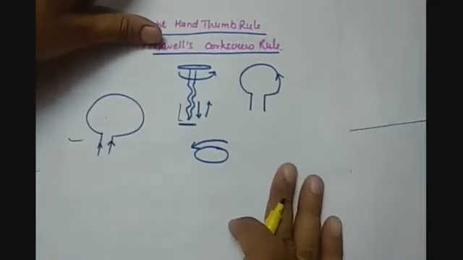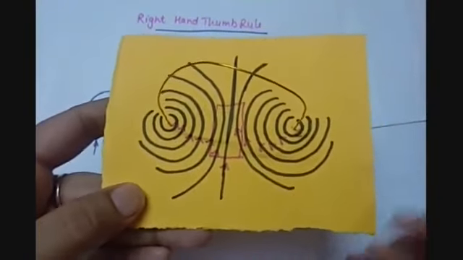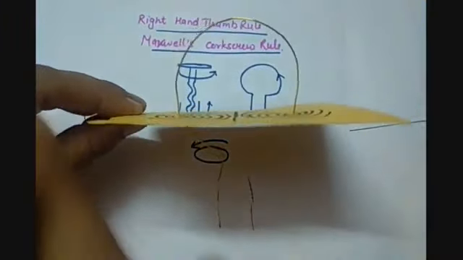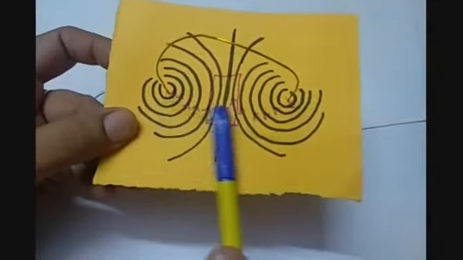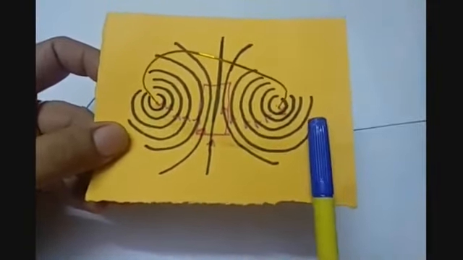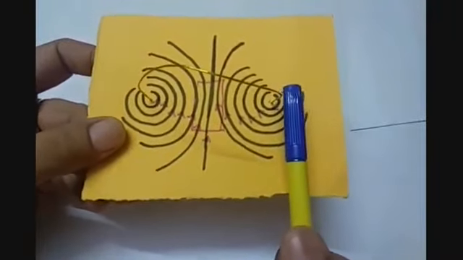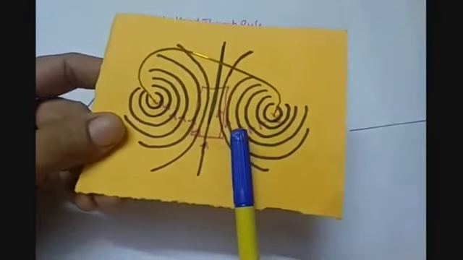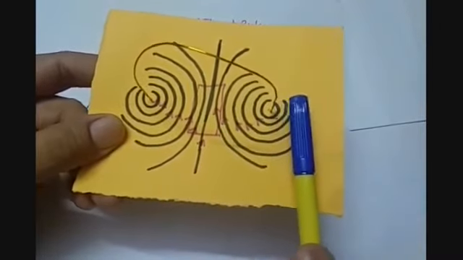And magnetic field lines will always be perpendicular to the circular loop, as we have seen here, that this is the cardboard which I am having, and this is our conductor, and this is the plane in which the magnetic field lines get produced, and this plane is perpendicular to the circular conducting wire. So magnetic field lines are perpendicular to the circular loop,